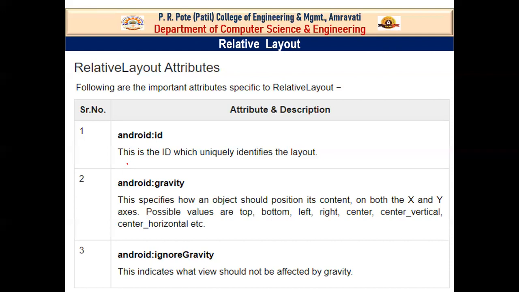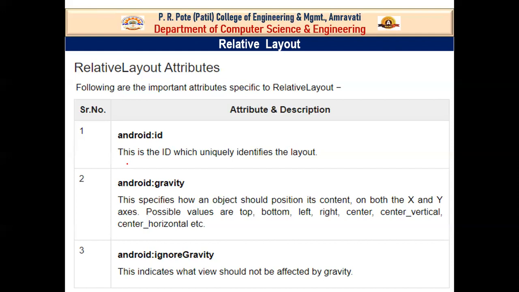So the next layout is relative layout. As the name suggests, relative means that if you have a layout, all the children of that must be in relation with each other. Relative means that all the children in your view are in relation with each other. So relation means that they are aligned somewhere based on the position of the former or the next child. So let's look at the properties for which we can use